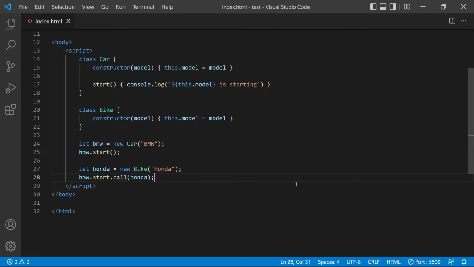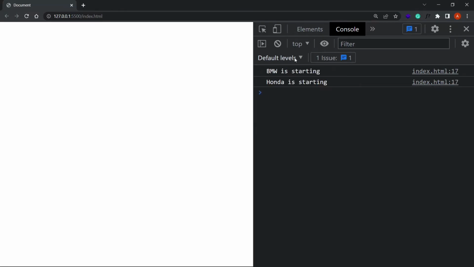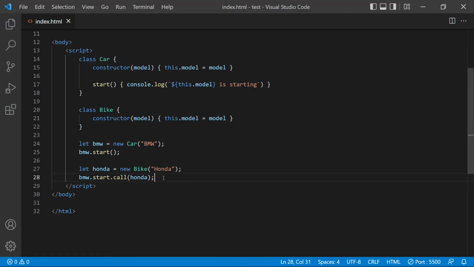So if I now run this and go back to my browser, I can see that the first console log statement is for the car instance, and the second console log is for the bike instance. So even though the bike class didn't really have any start method, it still executed this method here from the car instance, from the car class, because we use the call function on this start method and pass the context